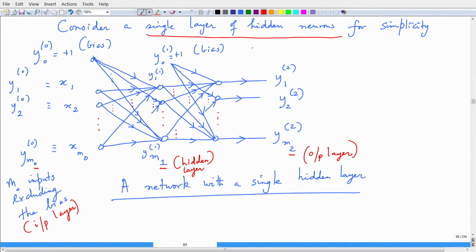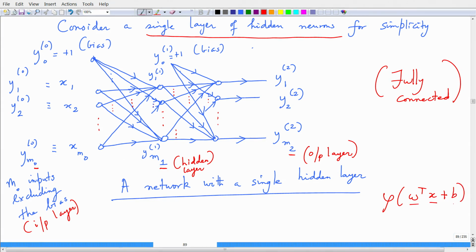Okay. Now I also have these weights, these weights which connect the inputs to the nodes of the network in the hidden layer, and then from the hidden layer we have these synaptic weights which connect to the output layer, and this is still fully connected network. That is, there is connection from every processing element to every other processing element. And we introduce this bias because we have to bring in this function, right. You just have to recall this phi of W transpose X plus B. So in order to bring this bias,